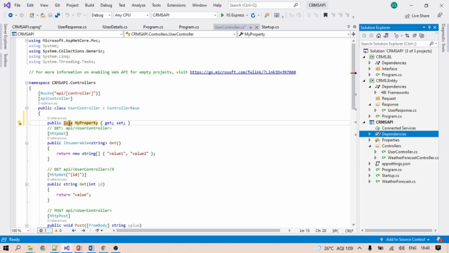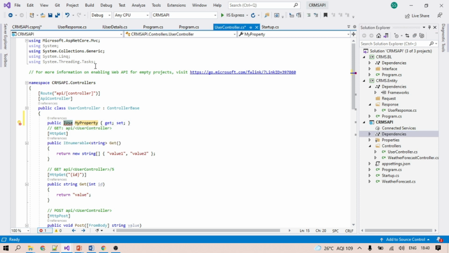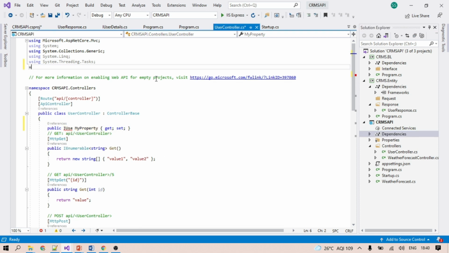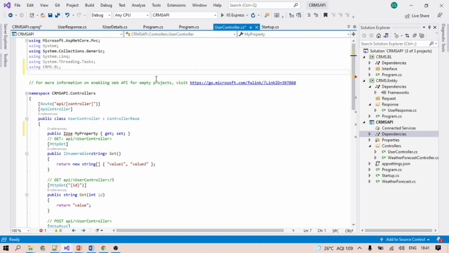We will also need to reference here using crms.bl. This is the first one, and the second one is using crms.entity.